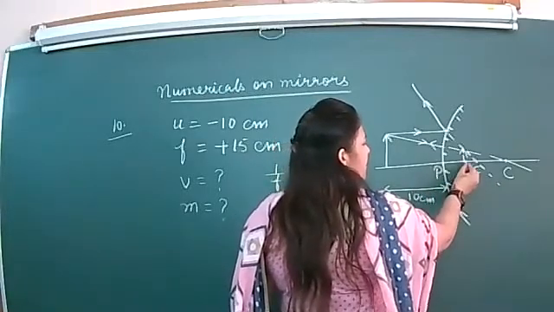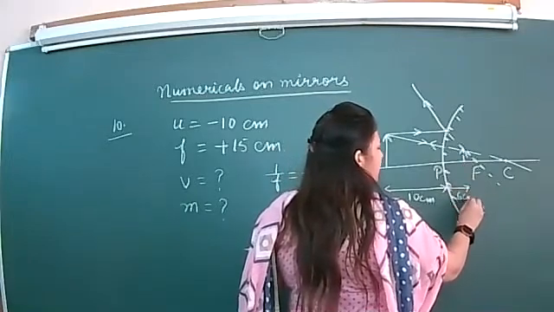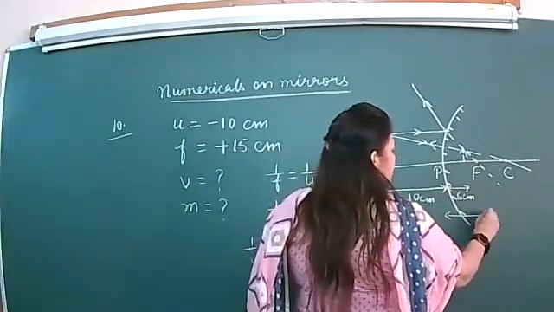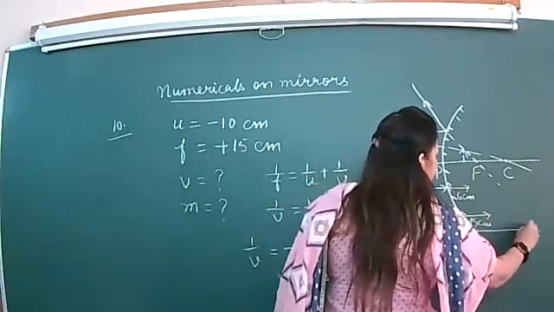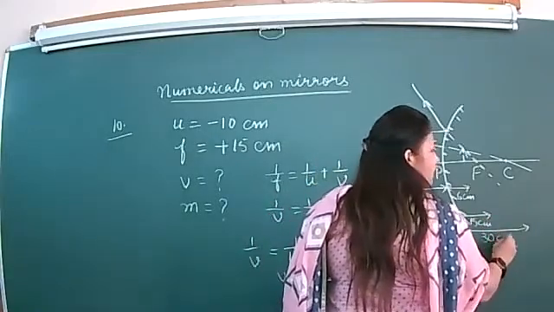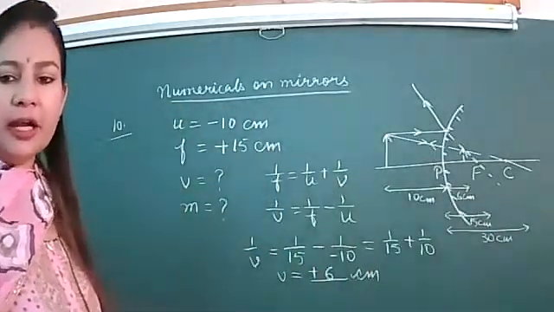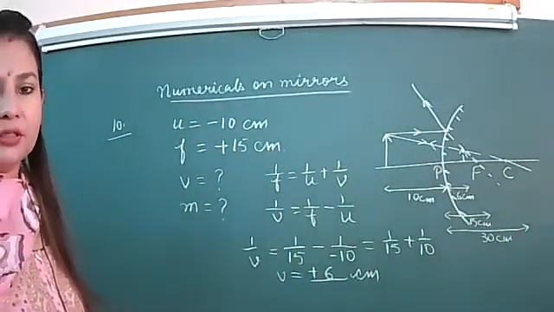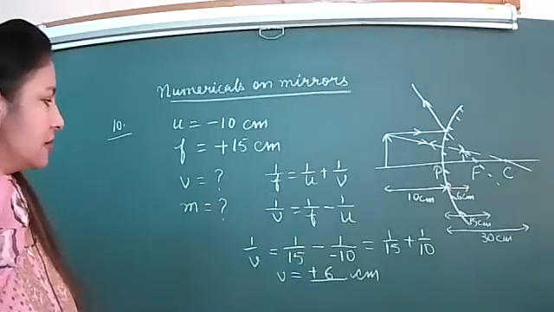Okay, and this is the image where it is formed. So image distance is 6 centimeter. Focal length is 15 centimeter. Radius of curvature is 30 centimeter, double of focal length. So mark all those distances on the ray diagram, then it will be complete. So now your ray diagram is complete in all respects.